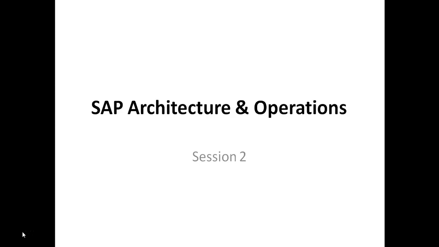Then we will talk about SAP NetWeaver, which is very important because NetWeaver is the technology SAP is built on. Then basic operations of SAP, the basic concept basically. Then how to access the systems, which means SAP systems. Then SAP operations, some basic guidelines, and then we'll discuss the standard SAP icons, which is very much useful